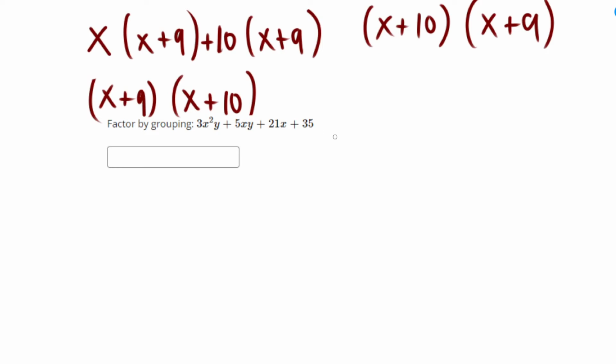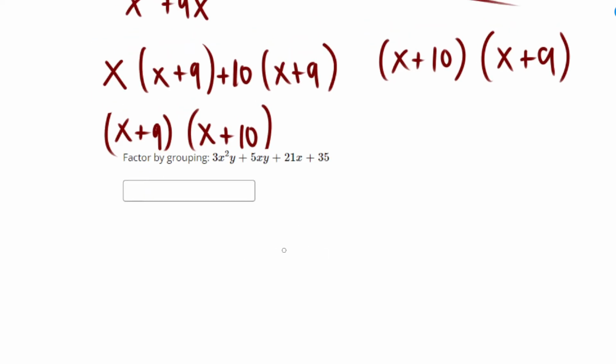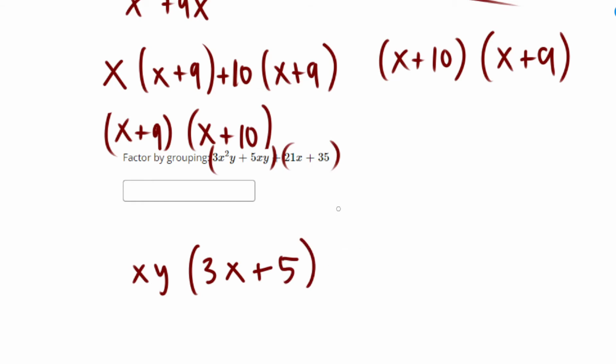Here's another example. We have 3x squared y plus 5xy plus 21x plus 35. Again, we're going to separate these 2. We have 3x squared y plus 5xy. It looks like we can take out an x and a y. 3 does not go into 5, so we're left with the 3x plus 5. And then we want this statement to be the same as well. These are both divisible by 7, so we'll take out a 7, and that will give us, and this is a positive 7,